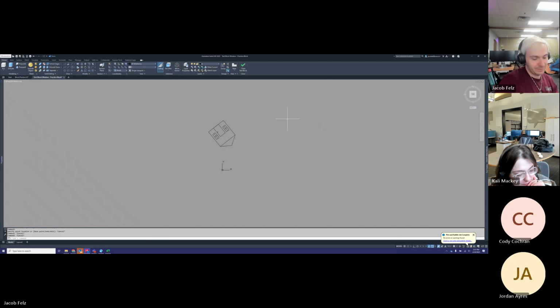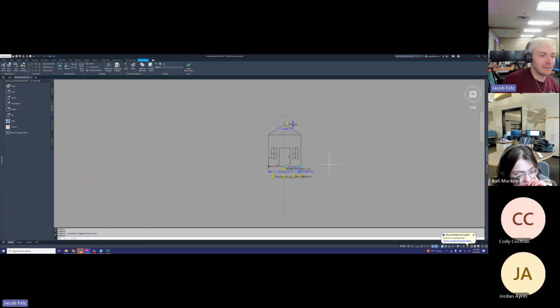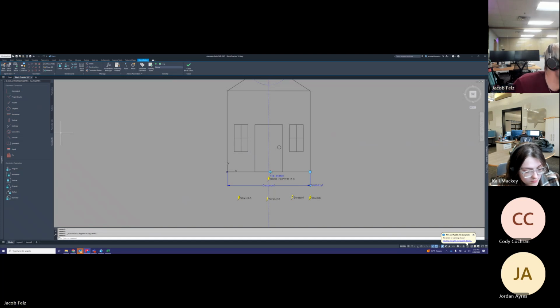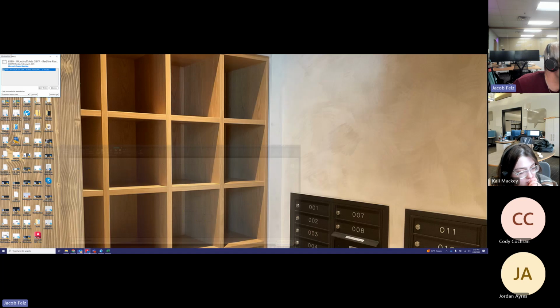Ooh, all right. We're still able to do a bunch of cool stuff, but I think more or less what I would need to do is actually get into the constraints, which I have not really messed with a lot since I was in school. And I don't really want to get into those today, but constraints are essentially like you're constraining the part to stay within a certain point. You can fix a part to stay within a certain point. You can lock in center points. A good example of that would be if you were looking at a block for the